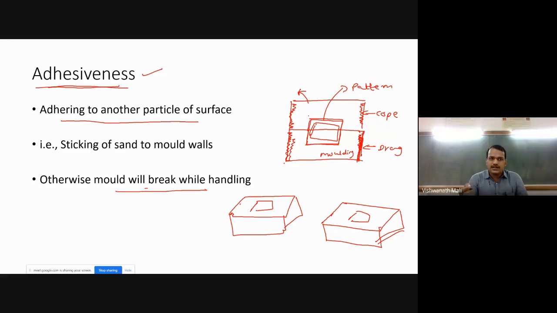And suppose it does adhere, so what do we do? We go for breaking of that sand and we remove it. It should only adhere to this molding wall. It will not adhere to the molten metal. At first, it will be in contact with the mold cavity, and due to contraction, it will detach from the mold. Plus, as the molding sand has the collapsibility property, it will collapse, it will break, and you can easily remove that pattern. It will not adhere to the molten metal or the final coating.